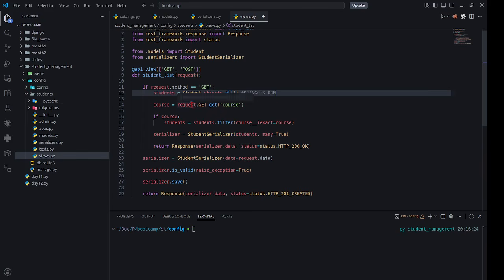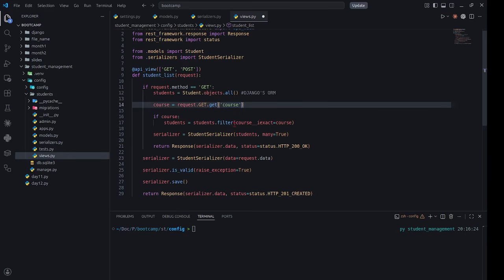And then on this one, course equals request.GET.get('course'), right? We just check for a query parameter. So here we're just checking for a query parameter on the course that the student is doing,